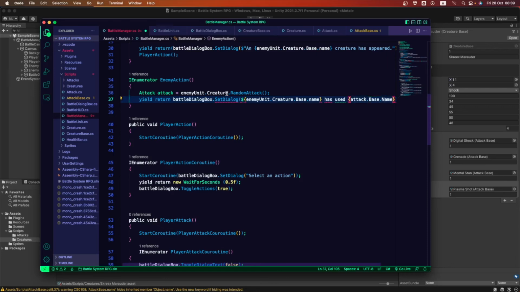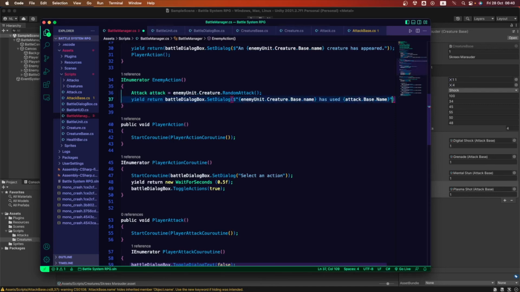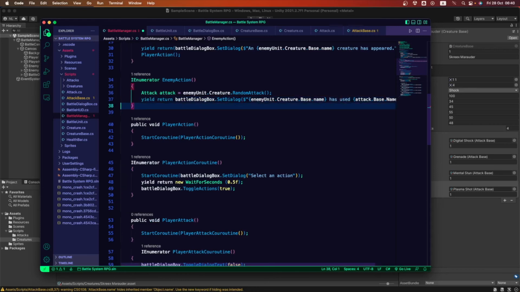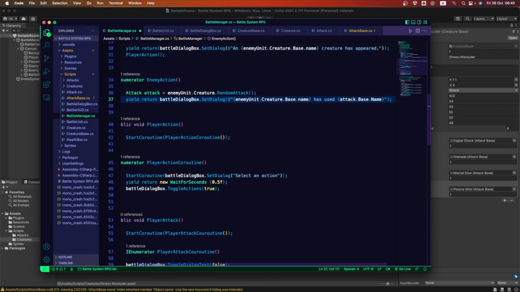From our random attack. Remember, that is why we're using the attack name here. Let's open up the quotation marks, because remember, this is a string. All of the string has to be encapsulated between them. There it is, semicolon.